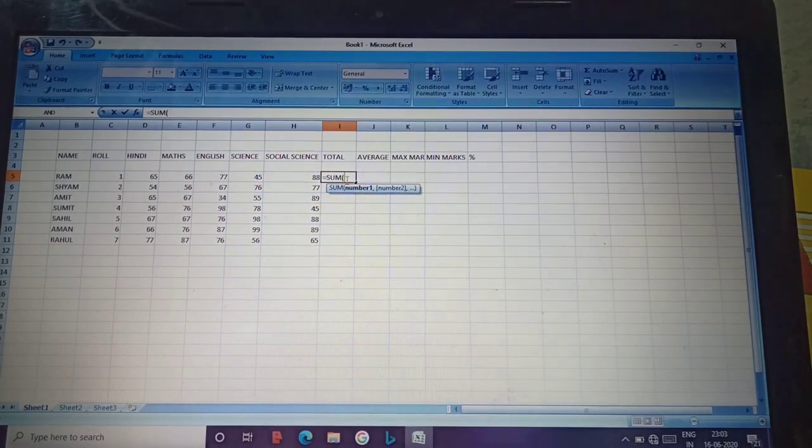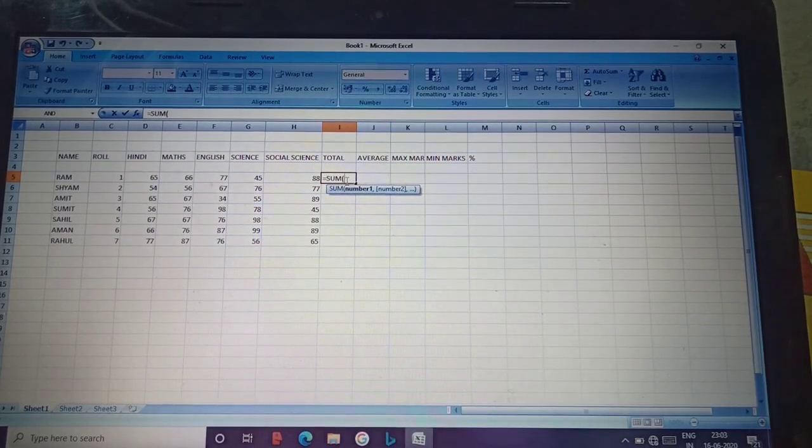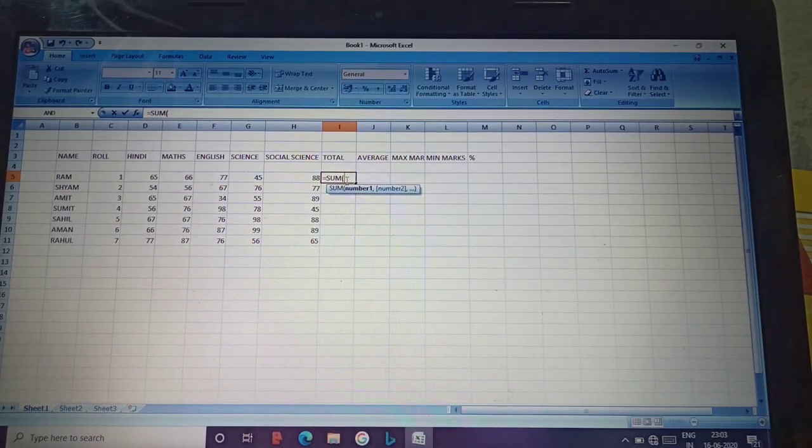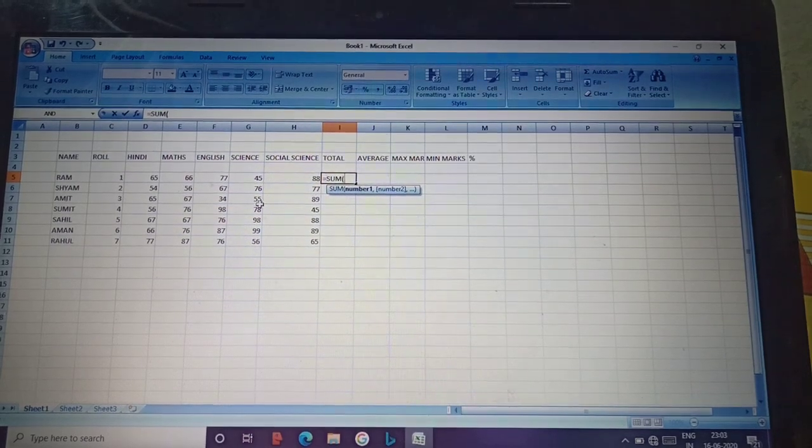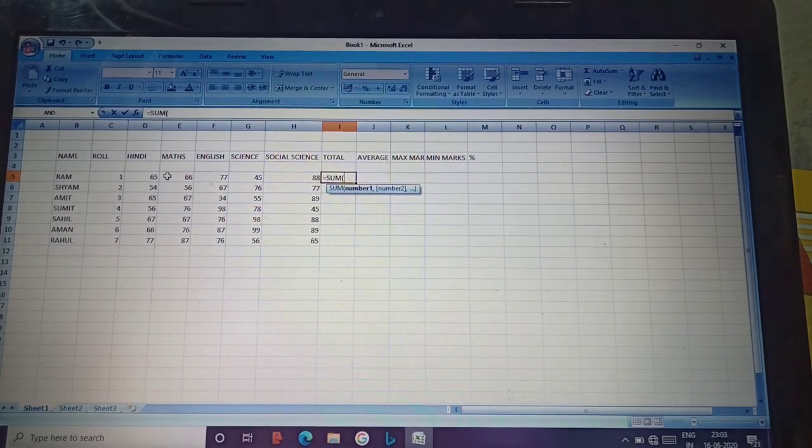As we put the bracket, you can see number 1, number 2, number 3 coming up. That means it wants the numbers to be added. We want to find the sum of all the subject marks of Ram.